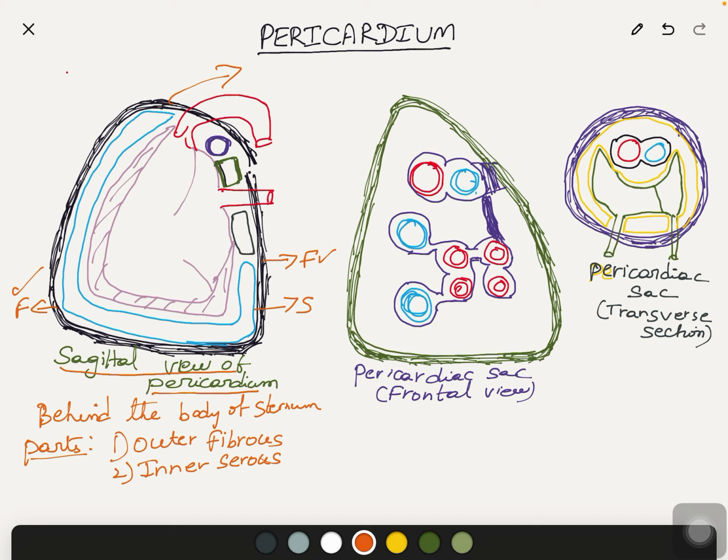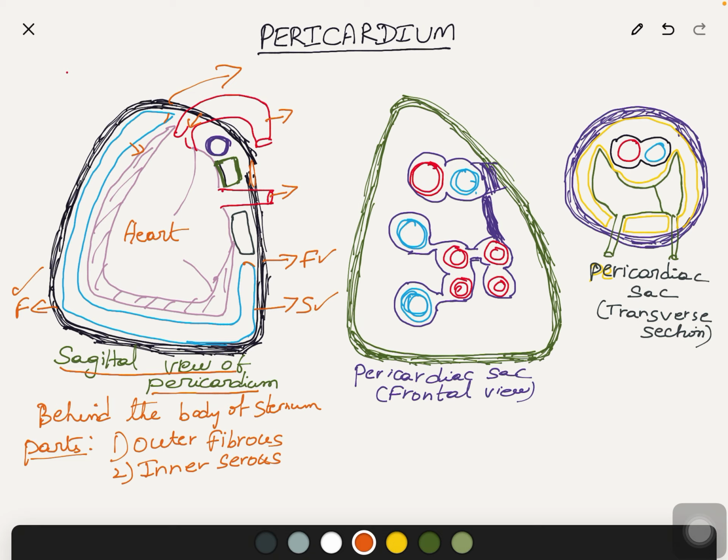If you see, this is the heart, which lies within the fibrous pericardium. It lies completely within the fibrous pericardium, but outside the serous pericardium. This is the serous pericardium, and we will learn its two layers. So the heart lies outside the serous pericardium but inside the fibrous pericardium. Fibrous pericardium is an open sac and pierced by some vessels, you can observe. They are the structures piercing the fibrous pericardium.